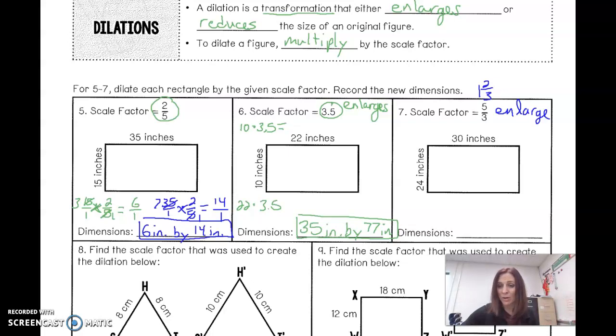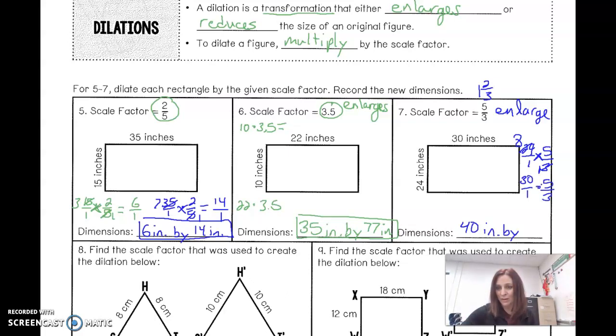So I am going to go 24 over 1 times 5/3. And I'm going to cross reduce. 5 and 1, just 1. 3 goes into itself 1 time. 3 goes into 24 8 times. Ends up with 1s in the bottom. 8 times 5 is 40. So this side is going to become 40 inches by, and then I'm going to do 30 over 1 times